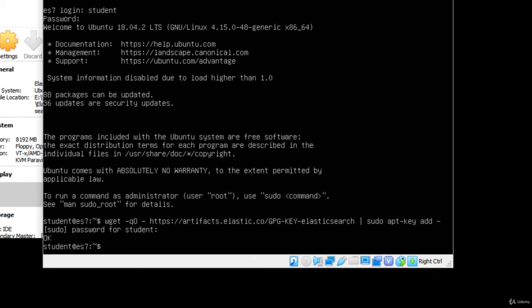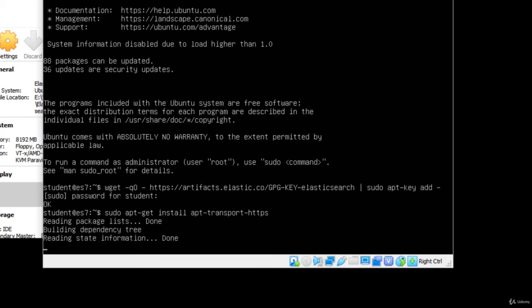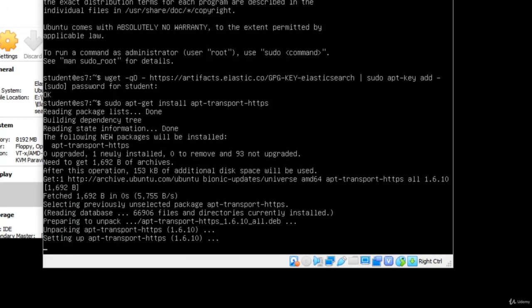Next step, sudo apt-get install apt-transport-https. Should look like that.